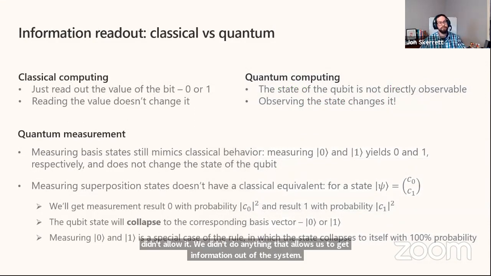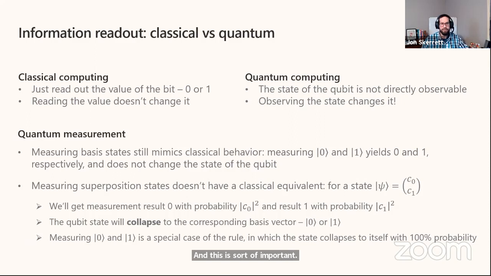And this is sort of important. Can't really have an algorithm which just does something and never lets you know what it did. It's not really what algorithms are for. So how do we perform information readout in classical computing? In classical computing, it's actually very simple. All of your values computed during the algorithm are just normal numbers, 0 or 1. So you can just look at that value and read it,